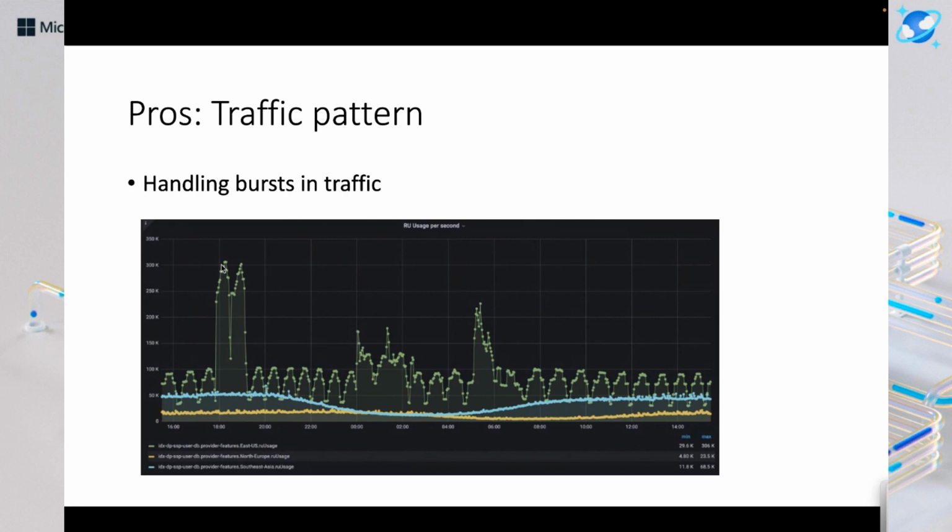So in the config of the job, the job itself will tell this autoscaler that this is the amount of extra RUs that I need, and based on that, the limits will be accordingly pushed, and without any throttling, we will be able to get an increased RU usage exactly when we want, and as soon as the job is done, we will downscale the RUs. Similarly, a different job can operate at a different scale. For example, this job is operating at 100K RU only. So this is how we're able to handle the bursts in the write traffic.